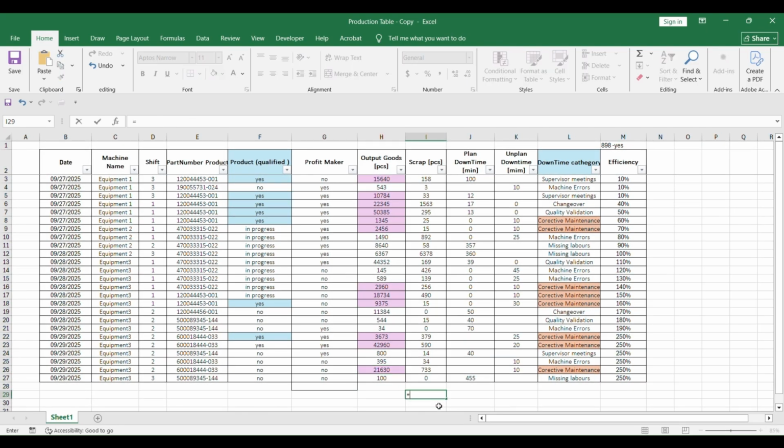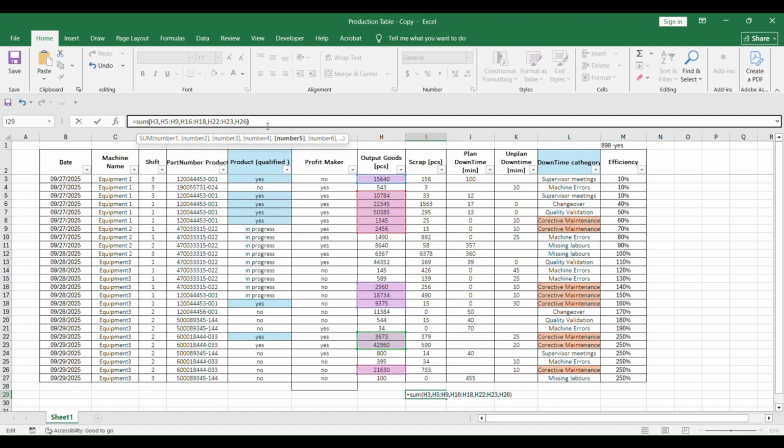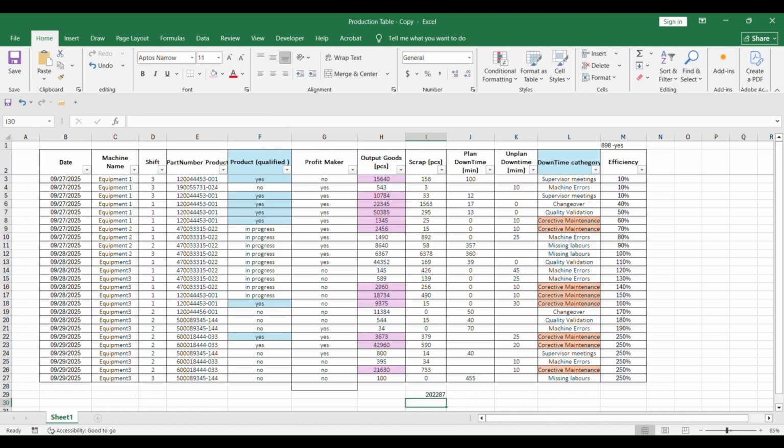Let's make a sum of it. So the result will be 2002K. So that's the way the function OR works.